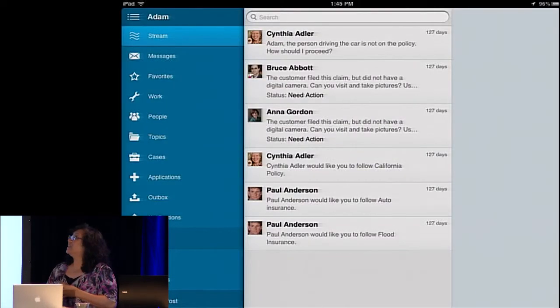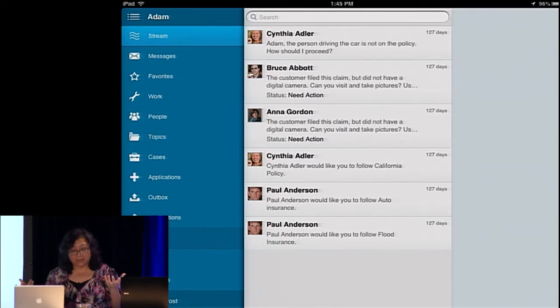So it happens that Adam is sitting in a cafe right now, and because of the way he likes to work, and again, one of the things that we want to do is accommodate different styles of different people in different roles, in different situations. We all have those situations where I want to work and interact with things in a slightly different way. So one of the things he likes to do is just browse through and see what's going on. I've got a lot of stuff going on here, and you're right, it is kind of noisy. But there is a whole class of workers that like to work that way.